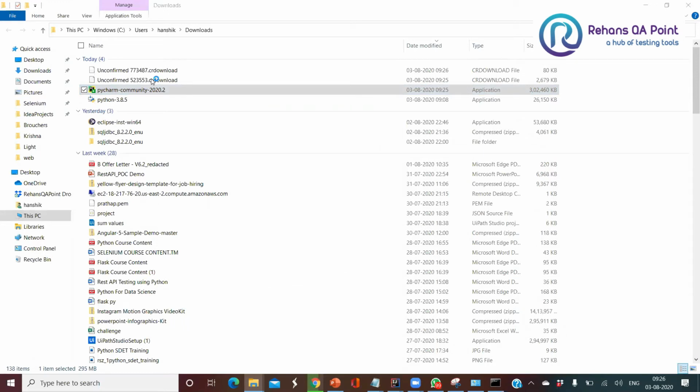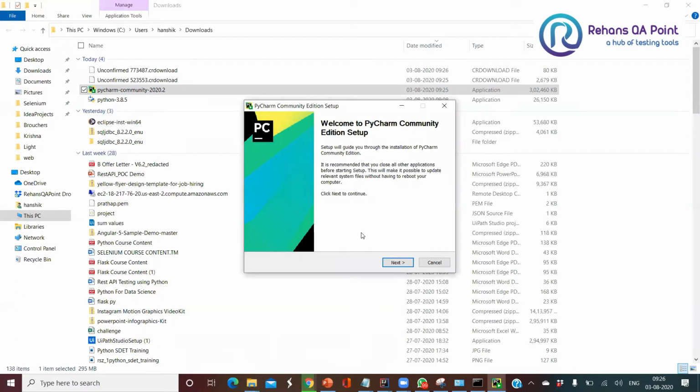I already have my PyCharm, so I'm not going to install it again. So click on yes. It will ask for the next button like this. Proceed with the installation to the end. Click on next till the end. You should find that PyCharm is installed successfully.